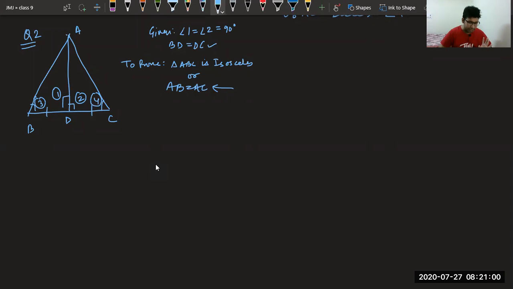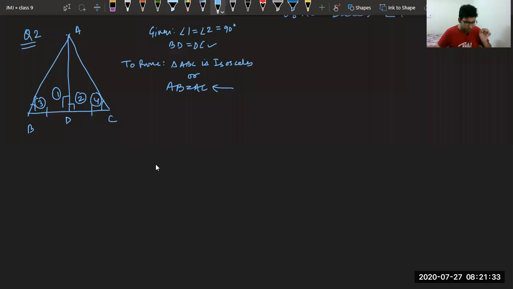What is coming to my mind? What should I do to prove this? Very good Utkarsh. All of you please try to prove side AB equal to side AC. Indirectly we have to prove. Taranjeet, no beta, why BD equal to DC? That is already given to you. Yes, Kamaljot, but tell me, how will you prove AB equal to AC? Which two things will you prove equal? Yes, Yuvika, very good. Mishti, very good beta. We have to prove somehow that angle 3 and angle 4 are equal.